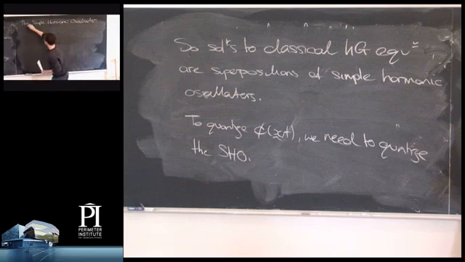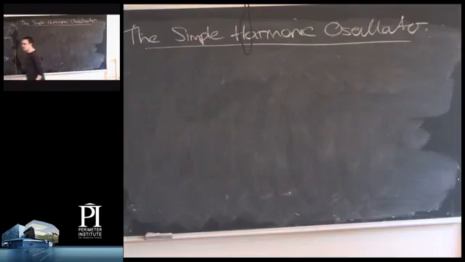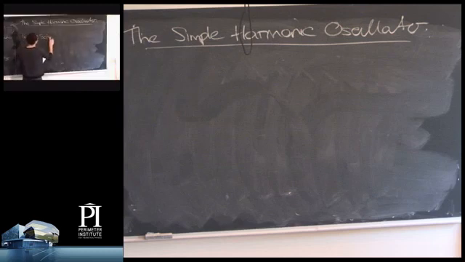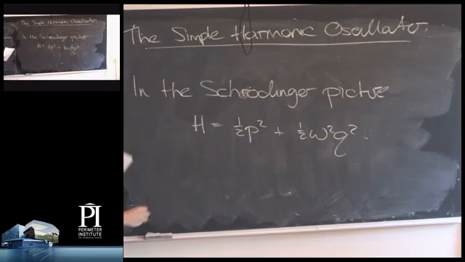Okay, so this is going to be very straightforward. Michael Peskin likes to say that physics is that subset of human experience which can be reduced to the simple harmonic oscillator. It's completely true. It's basically the only thing we can solve. So in the Schrodinger picture, this is the harmonic oscillator